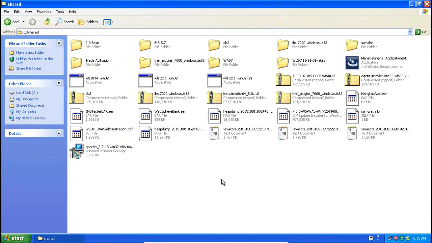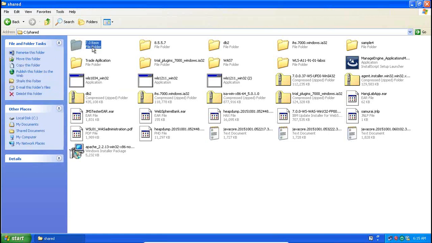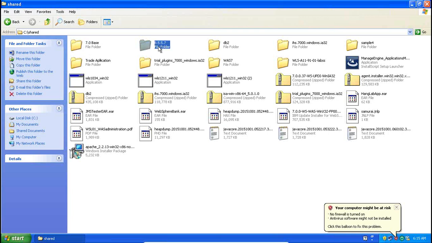So we are going to install the standalone version. I told you, right? Express or base is nothing but standalone. If you go for Express edition or base edition, it gives you standalone topology. So I'll show you version 7 also, not only 8.5.5. Standalone, I'll show you version 7. ND onwards, we will move with 8.5.7. Fine, so that you will have an idea how version 7 is different from 8.5.5.